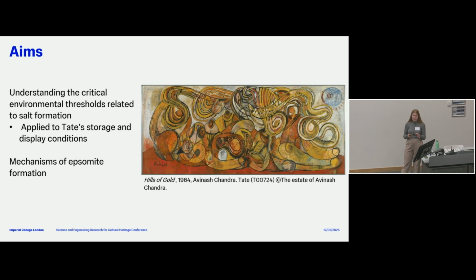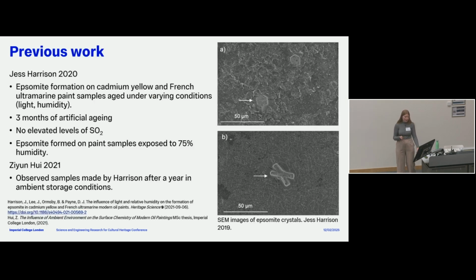Another of my aims is to look at the mechanisms of epsomite formation in two paints, French ultramarine and cadmium yellow. There has been some previous work in this area done at Imperial, and here I'm going to be detailing 2 master's research projects also conducted in the Department of Materials. Firstly, epsomite formation in cadmium yellow and French ultramarine paint samples aged under varying conditions, such as light and